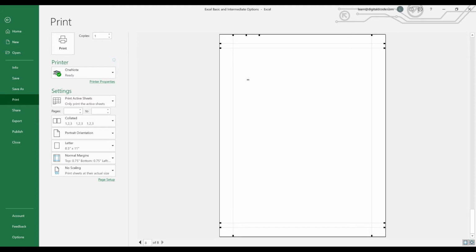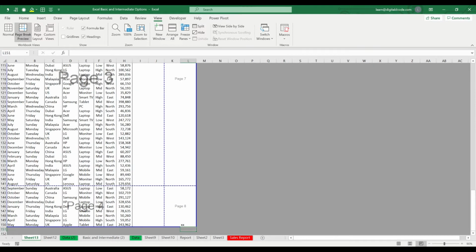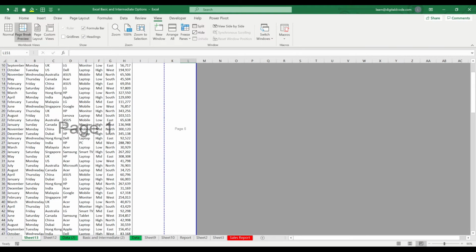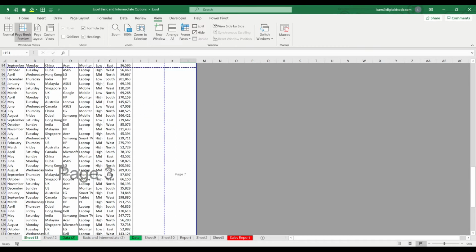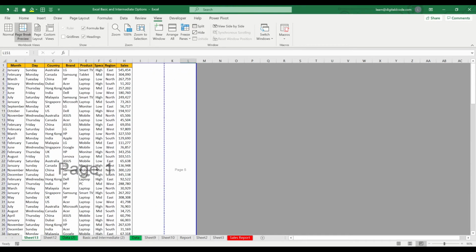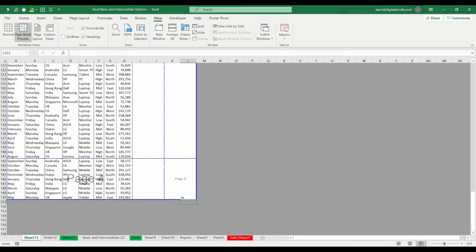Because of this, you will be getting excess pages, but still you can't find any data on the paper. To avoid this, whenever you take print, just go to page break preview, which is available in the view option. Now you can see why you are getting it. So now this is your view. Here you can see on page 1 you're going to get this data, and page 2 you're going to get this data, and page 3 you're going to get this, and this is your page 4. Again you have one more. This is your page 5, this is your page 6, this is your page 7, this is your page 8.